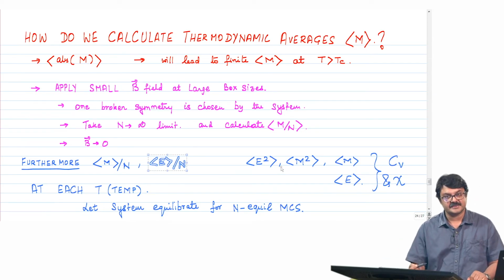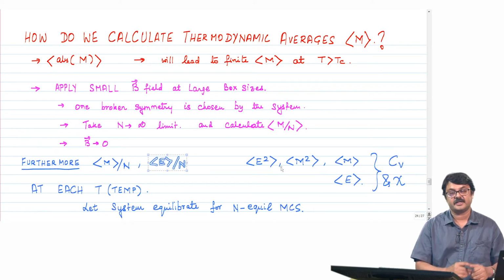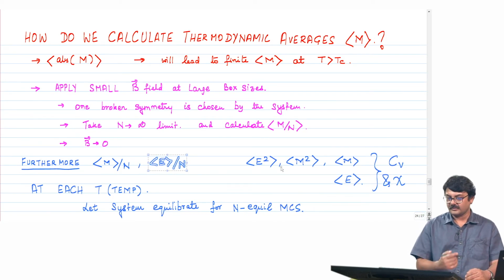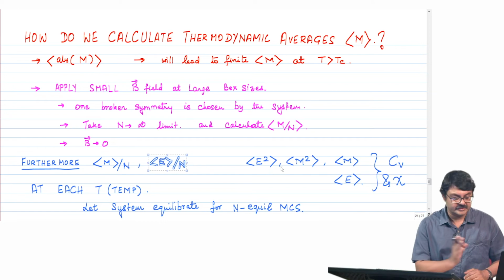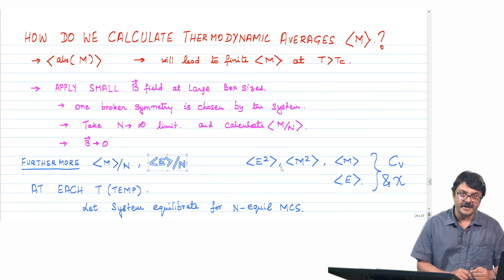Again, we shall do finite size analysis: how do the transition temperatures change, how fine should the temperature step be, should we change temperature by 0.1, or 0.01, or 0.025? These are all questions which we have to try out, and we shall try them out on the computer. Okay, so with this background, let us go back and look at the code. I have already modified the code a bit.